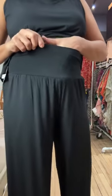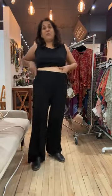The other reason I picked these is that they have a yoga waistband, and I tend to bloat when I am sitting on a plane for 16 hours. Blue Sky has amazing soft bamboo underwear. Oh, I did not know that. I am definitely going to have to check that out. I've heard that Terrera has great underwear too, so we're going to have to battle it out between the Canadian bamboo companies. That was the other reason I picked it, because I knew that this waistband would give my tummy lots of room to bloat on the flight, and because I'm going to be sitting a lot, I didn't want anything